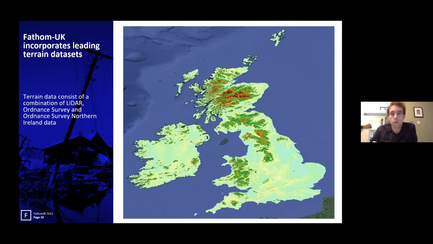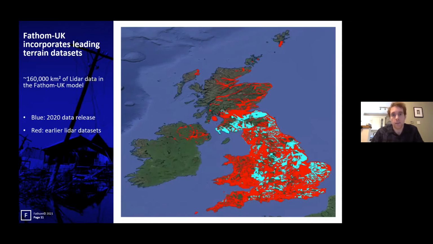However, arguably the most important part of building a flood model is to have an accurate terrain data set underpinning it. This is really important for accurately simulating the flow of water on floodplains and identifying important flood flow pathways. Again, for the UK, we're in a great position for this, as there's extensive LiDAR coverage across the UK, and this provides us with a highly accurate terrain data set at fine spatial resolutions. And where LiDAR is not available, we adopt the OS Terrain Ordnance Survey terrain data sets to fill in the missing gaps.